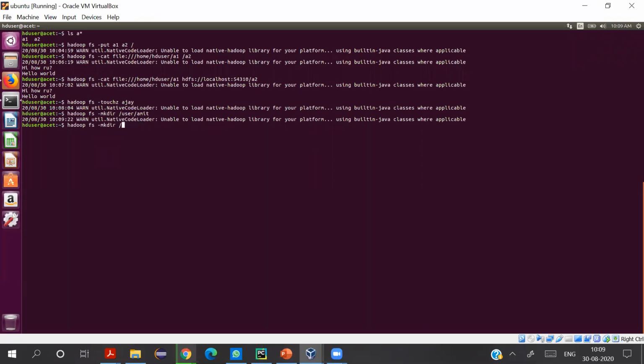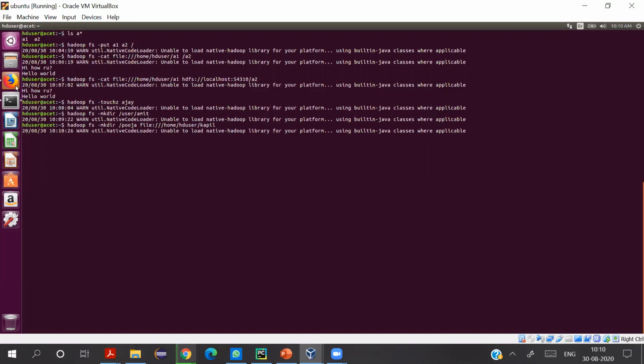Say, let me write a command to create a directory Puja in the root of the distributed file system, and another directory in my home folder with the name, say, Kapil. So now with this one command, I'm creating two directories, one in my distributed file system with the name Puja, and one in my local file system in my home folder. I'm mentioning the complete path for my home. So this will create the directories.